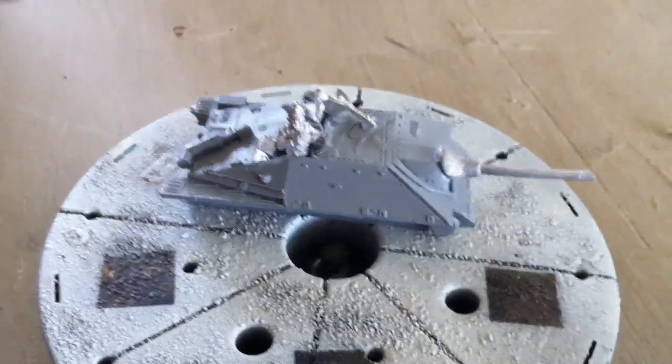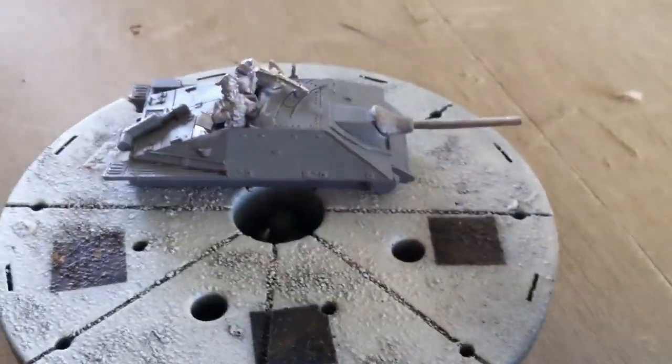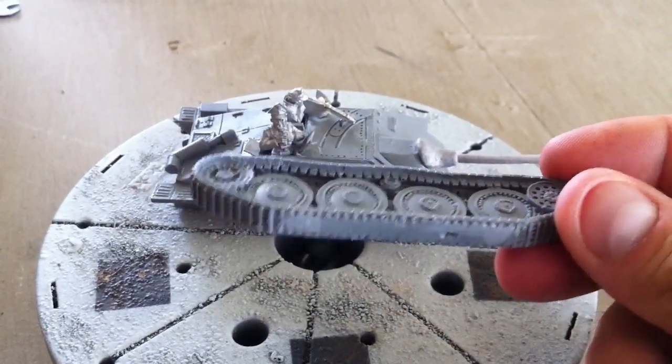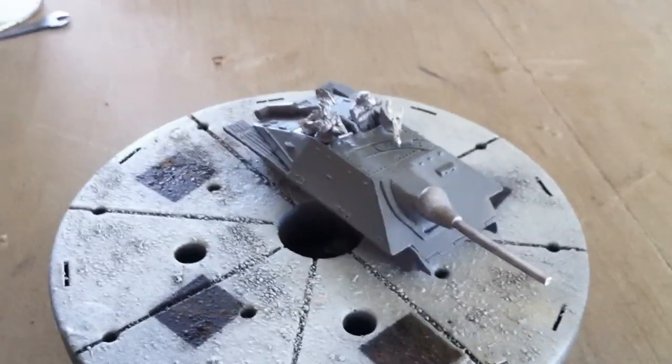Now what I'm going to do is give them a coat of Mr. Surfacer. I really like this. As you can see, I've got the tracks separate. You can see that lovely detail on the tracks. Now I've cleaned this model up, and so let's put a coat of Mr. Surfacer